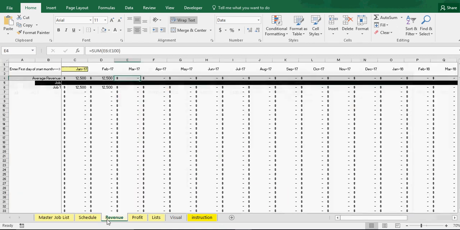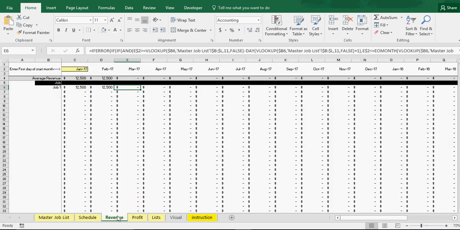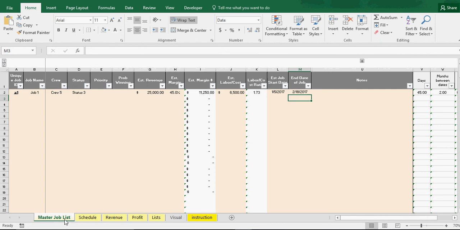So let me go ahead, now you kind of see how that works. The revenue, how this is going is counting the number of months that the job happens in. So even if on January 29th it starts and it ends on February 1st, the revenue is going to be split over both months. And then if it's in the same month, it's just going to be in that one month. And that goes all the way out. I mean, you can see if I put this out like 7 months here,